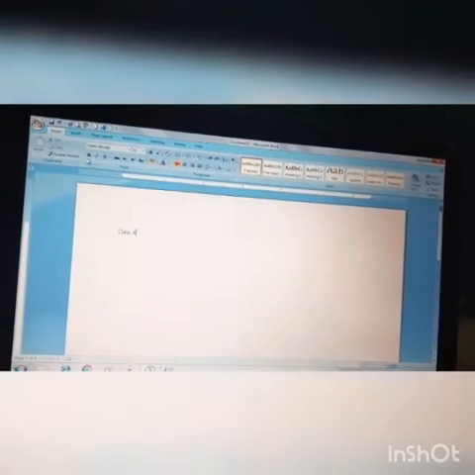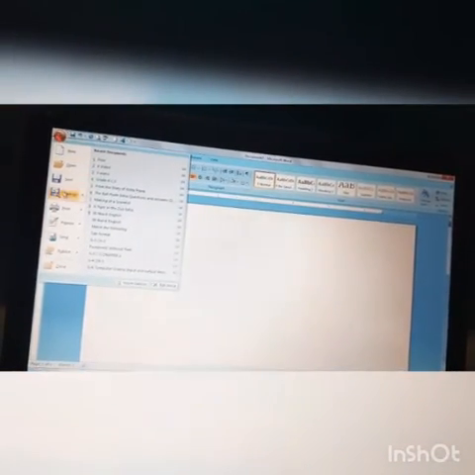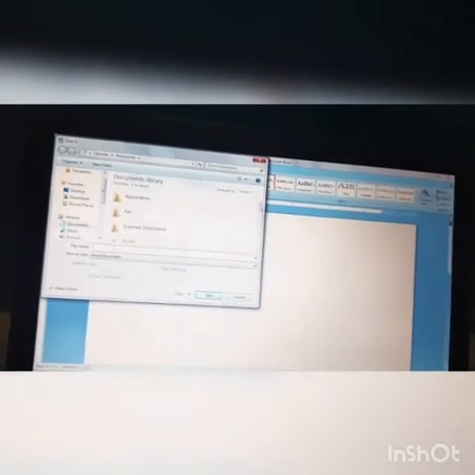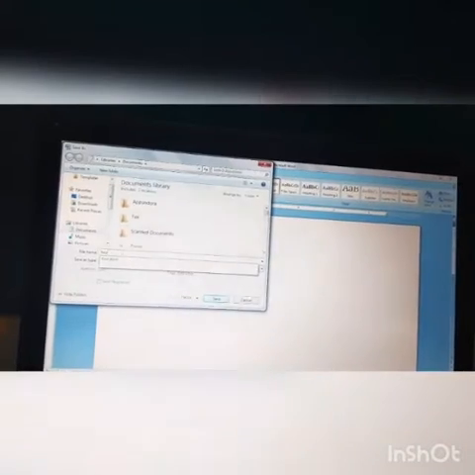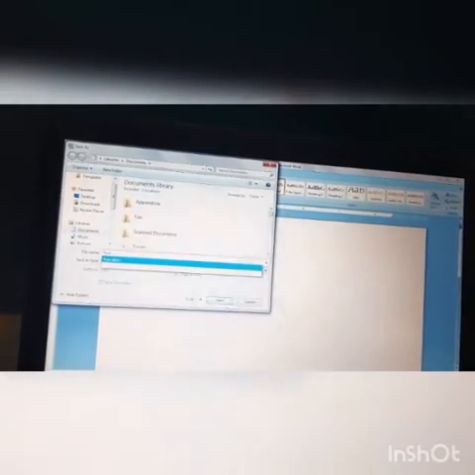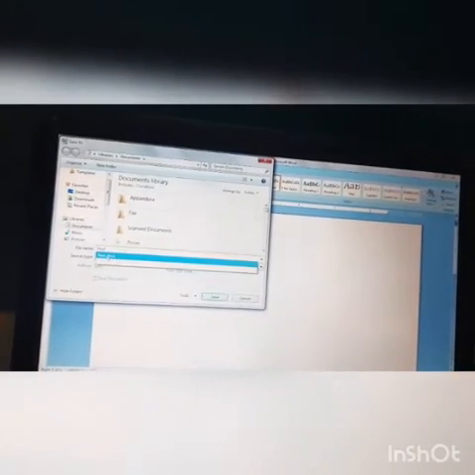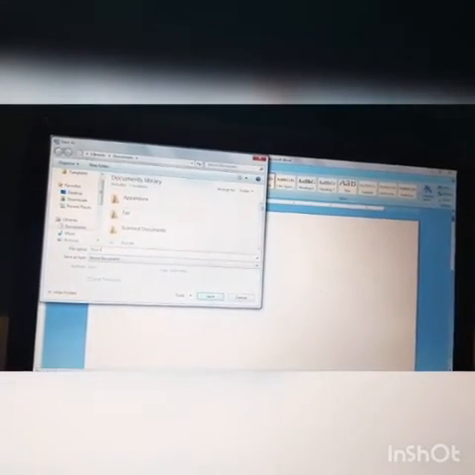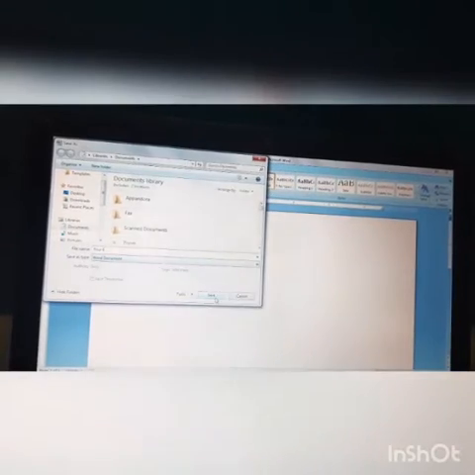I want to save this. What should I do? I have to go to File, Save As. It will be asking for Class 4. The same name is given. So instead of that, I can use this number name also, FOUR. I'm saving. Already it is having the same name, so I'm going with another name. That's why it's new, it's saving.